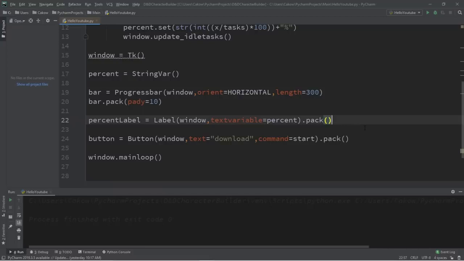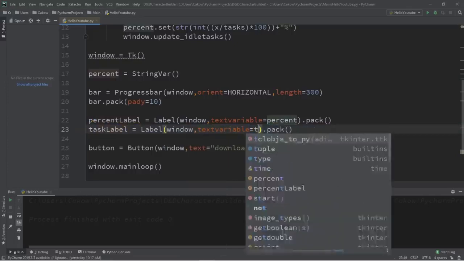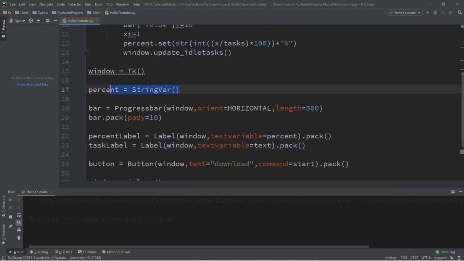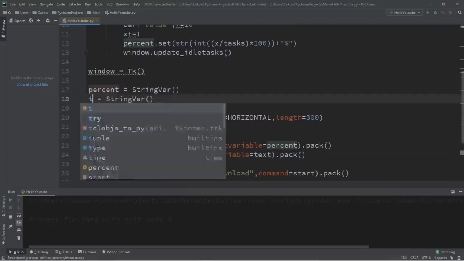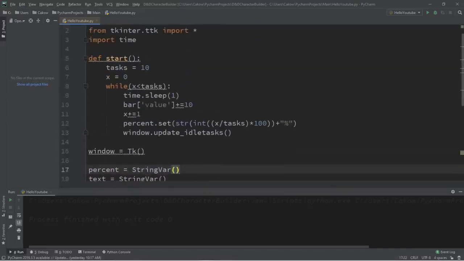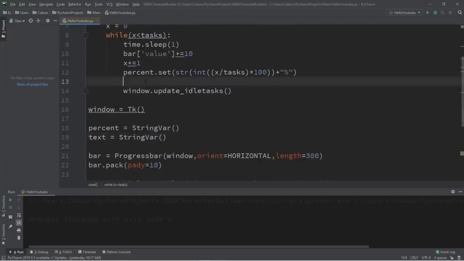Let's add a label that displays the current task that we're on. So let's copy what we have for our percent label, and let's rename this as maybe task_label. Task label, text variable will equal maybe text. And let's define what text is. So text is also a StringVar. And within our while loop, let's update the value of our text. text.set